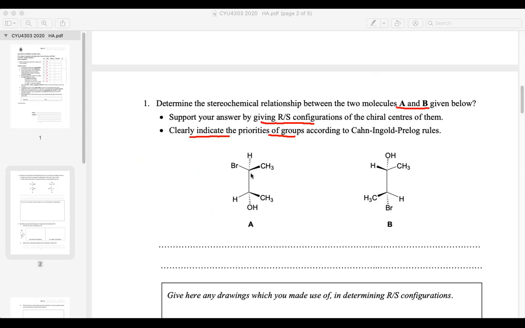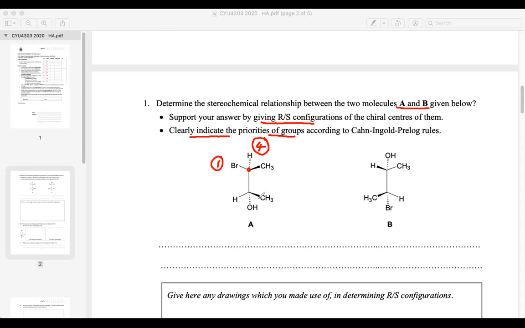So let's see, if we take this point, there is BR, HC and another C. So we can see BR is, considering the first element, BR becomes number 1. Then these two are number 4. Taking these two, CC. Since it is CC, we have to get another one, we have to